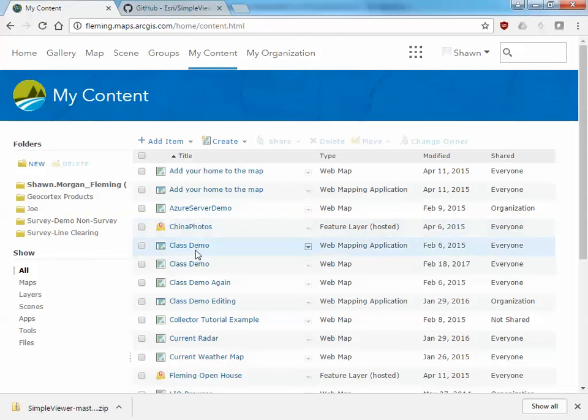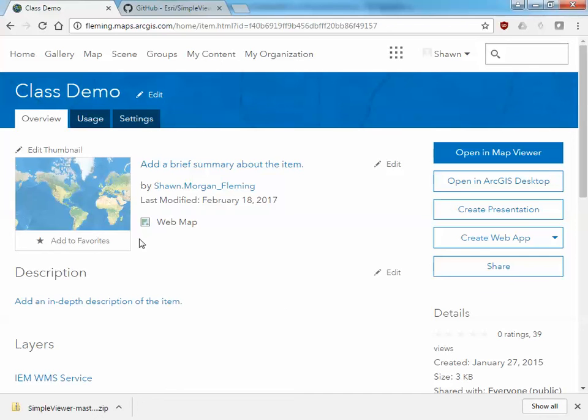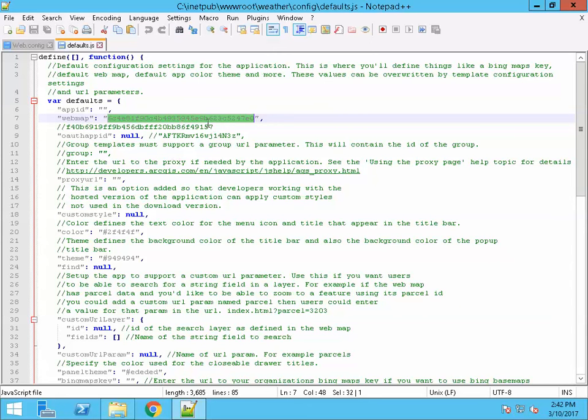So I open up class demo, and it has to be a web map, not an app. That's the deployed template. This is the service kind of thing. It's like a collector of services. You can have more than one service in here. So if I open up even just this and looking at it, the ID is even up here as well. So you can get this ID in lots of different places, but I find the easiest place is from the URL. So once you have that ID, all you need to do is paste it in here,